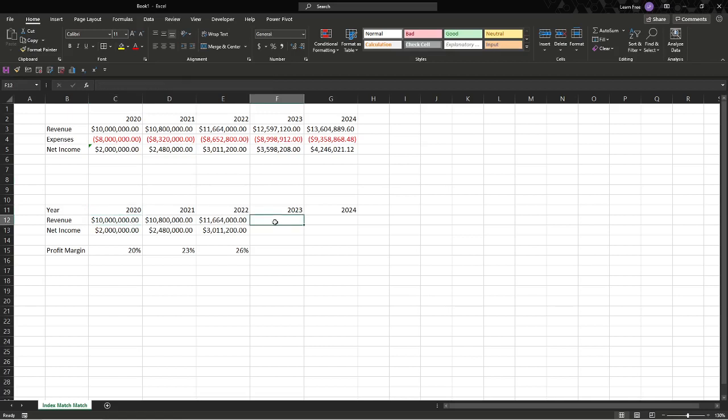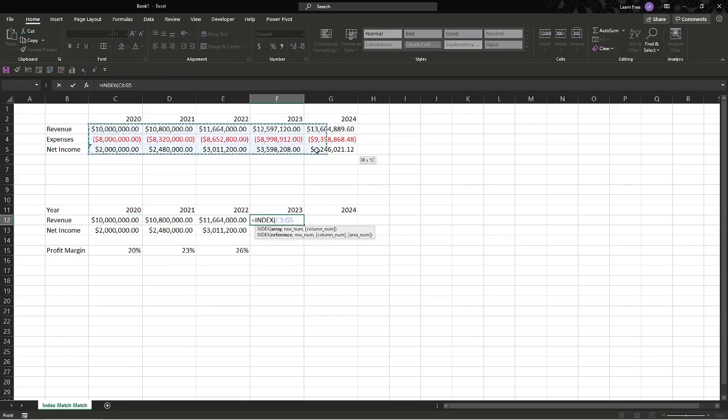It's nothing too complicated. Equals INDEX, and again we'll pick the whole data range, F4, we lock it down so this won't adjust as we move it over, up and down, comma, MATCH, so the same as INDEX MATCH. What do we want to find? First we need to find the column here. We want to look for revenue, and we want to make sure that as we move it over it doesn't change, so we want a dollar sign in front of the B. You can hit F4 3 times, or you can put a dollar sign manually, however you want to do it,